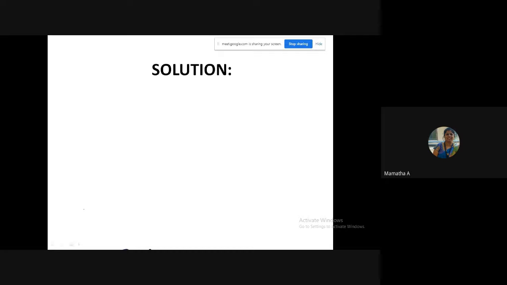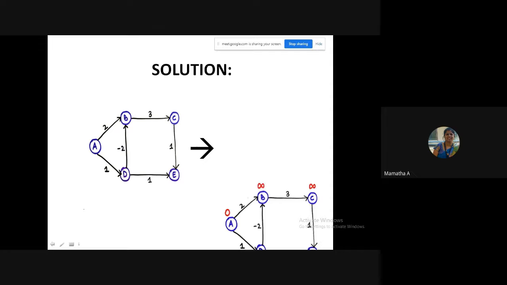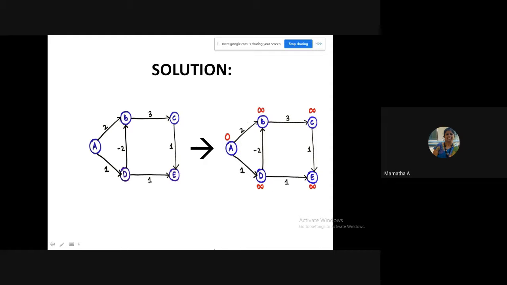So the solution, to be frank, with the given graph, how exactly you will be doing. You can just note it down here. For the given graph, with the red pen, I have just written some values. Can anybody guess what these red values are? Initialization of your D array. If you want, you can write it, or otherwise you can take a D array, not a problem. I am taking a D array in the next example. We can just see in the next slide.